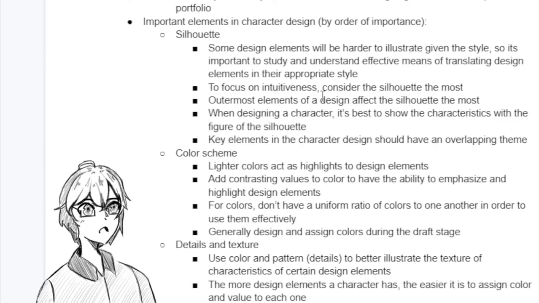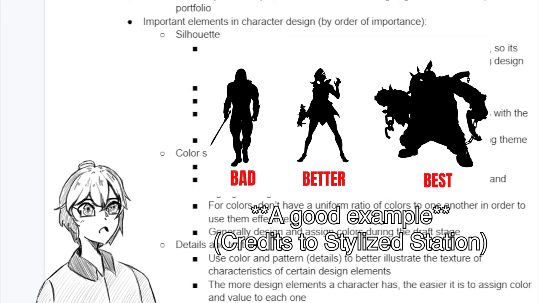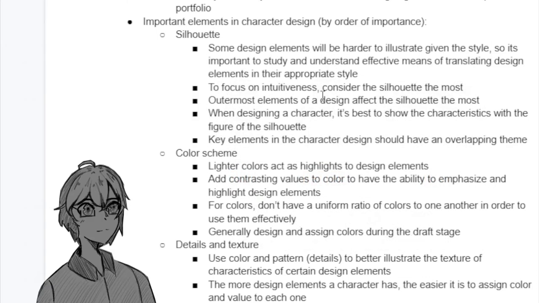And the outermost elements of a design affect the silhouette the most. So if you take the whole character and you shade it to black, the outer elements of the character are going to be what actually define the border of that character. So it's important that they illustrate the intention of the character first. When designing a character, it's best to show the characteristics with the figure of the silhouette because they define that